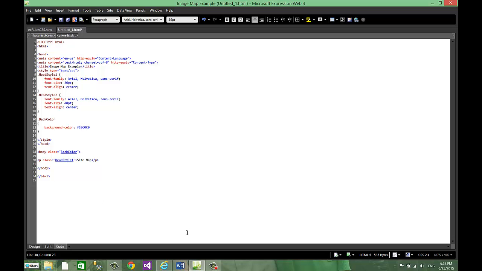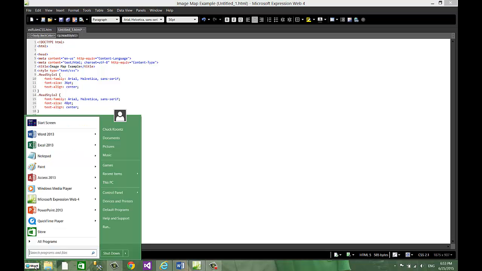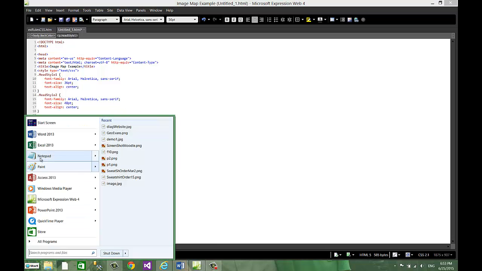Okay, so now how about external CSS? How do I create it? First of all, you need to do a couple of things. You need to get your rules and put them in a separate file. So I'm going to create a file in Notepad,